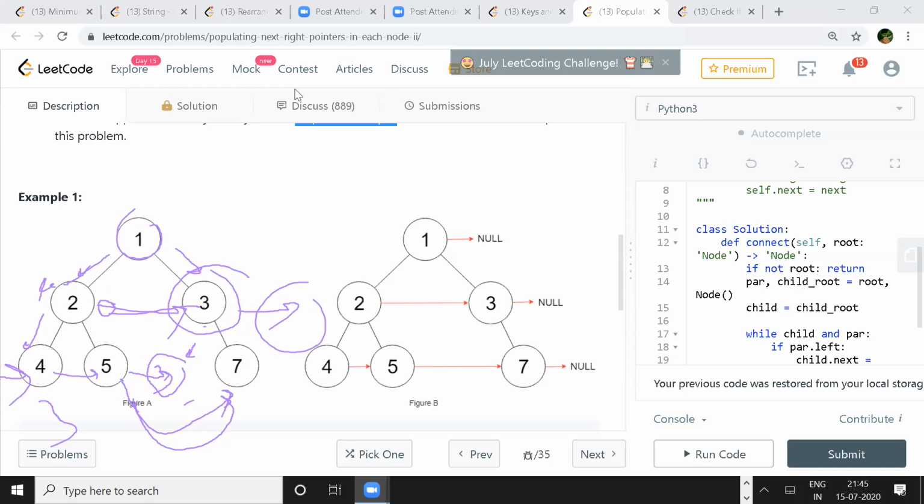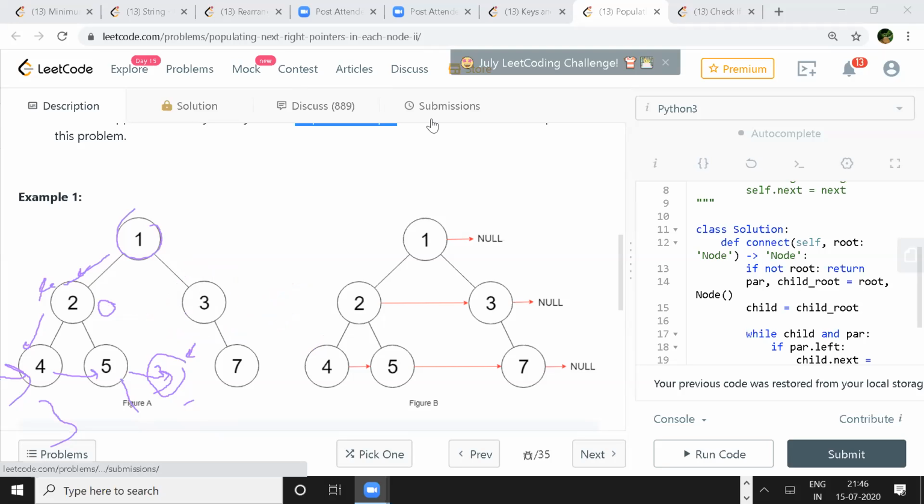Yeah, even I tried to implement with the same. So at 1, you try to connect 2 and 3, and when you are at level 2 and 3, you try to connect 4, 5, 7. Correct. Yeah, that's what I was trying to say. Level alignment. Yeah, I think that's an intuitive way. But what I'm not able to connect is how 5 gets the reference to 7.